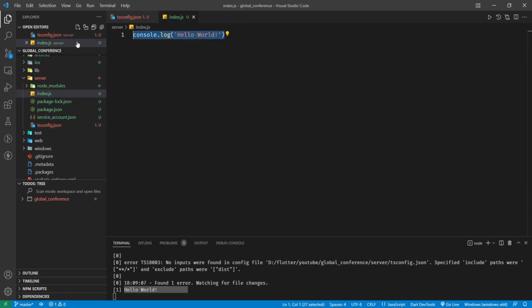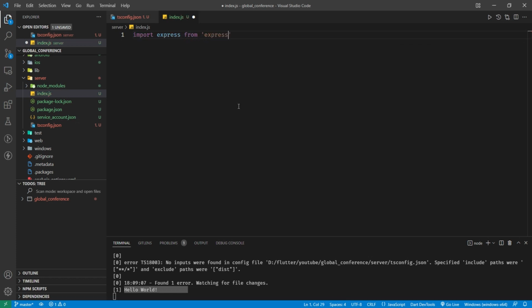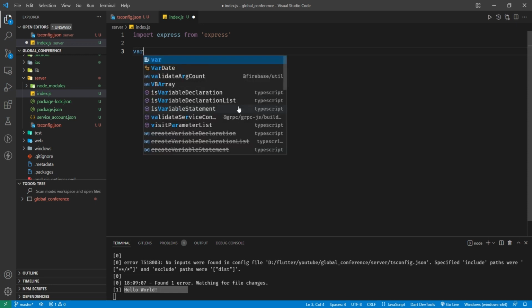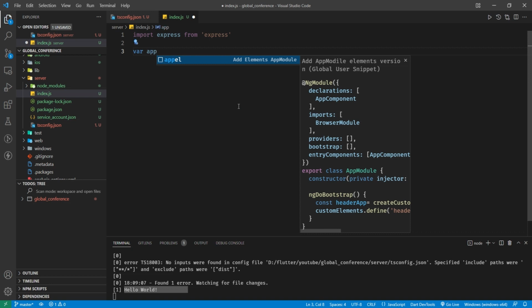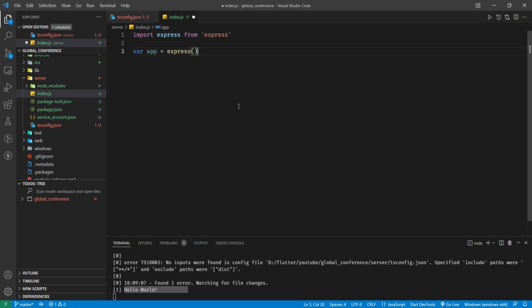Okay, let's get coding. So, what do we want to do? Well, we want to create here a web server, and to do that we're going to use Express, which we've installed. So we're going to import Express from Express. Okay, so let's create our web server. Our web server app is going to equal a new version of Express,